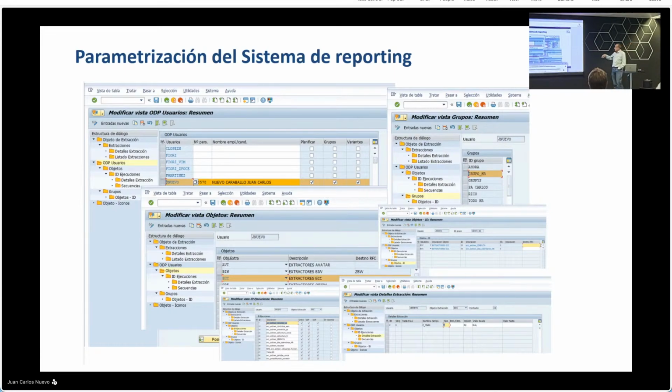Hay otra cosa que también puedes hacer, es filtro. Imaginar que un extractor saca datos de 10 sociedades y yo solo quiero que este usuario, que soy yo, solo vea los datos de una sociedad, ¿vale? Pues hay un punto en la parametrización por aquí y le dices, y tú solo ves esta sociedad, ¿vale? Bueno,